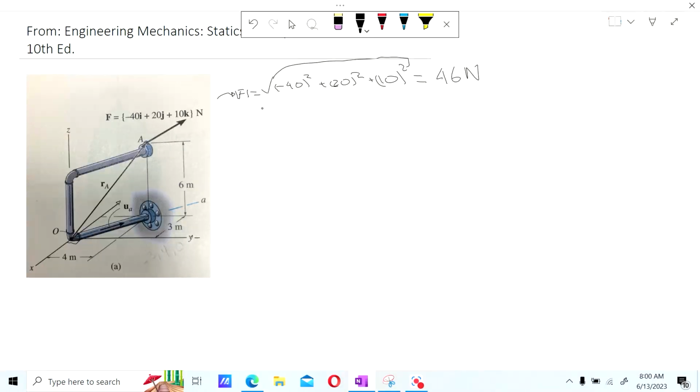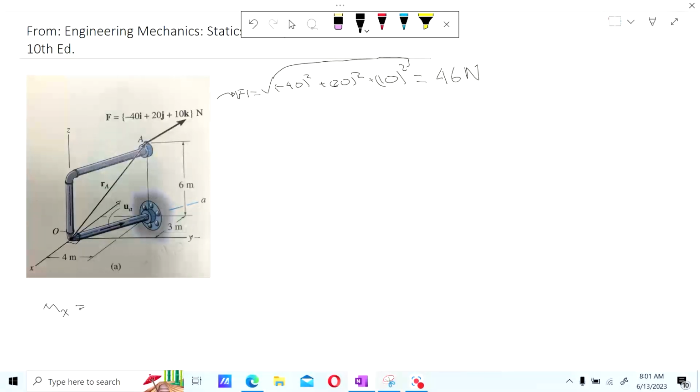However, the problem is asking us to determine the moment about the axis x and the axis a. So we need to determine the moment with respect to the axis x, which is positive x, and the moment around the axis a, which is the concentric axis going through the pipe. All right, so for that, we have to do two operations. Let's do x first. The moment around the axis x is going to be